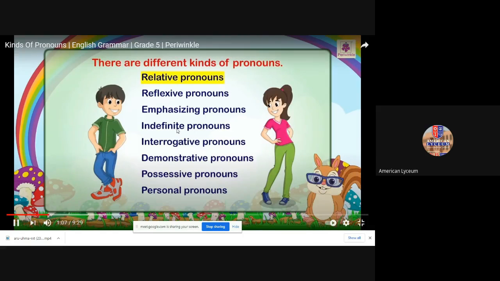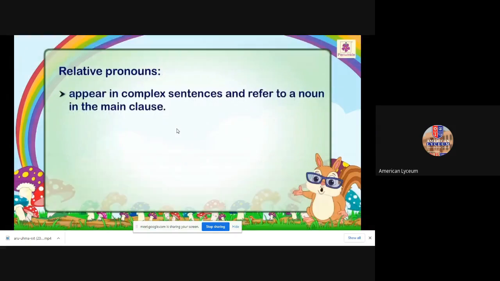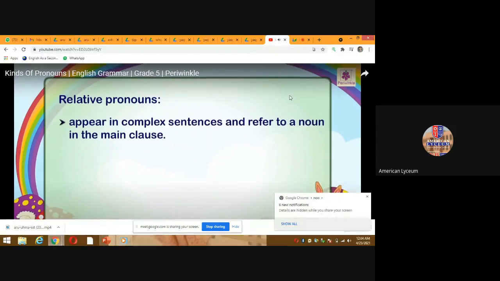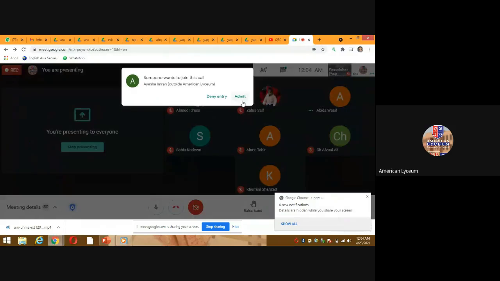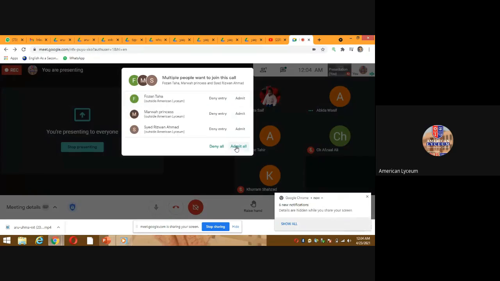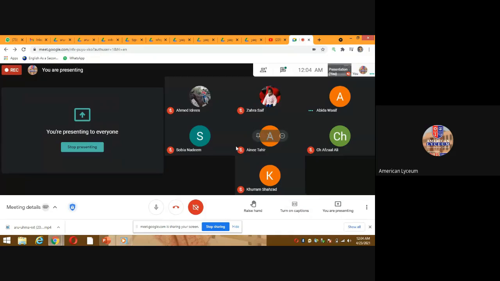Relative pronouns appear in complex sentences and... Wait a minute, let me check who wants to enter. Okay, view all, and here we go. Okay, so I have,